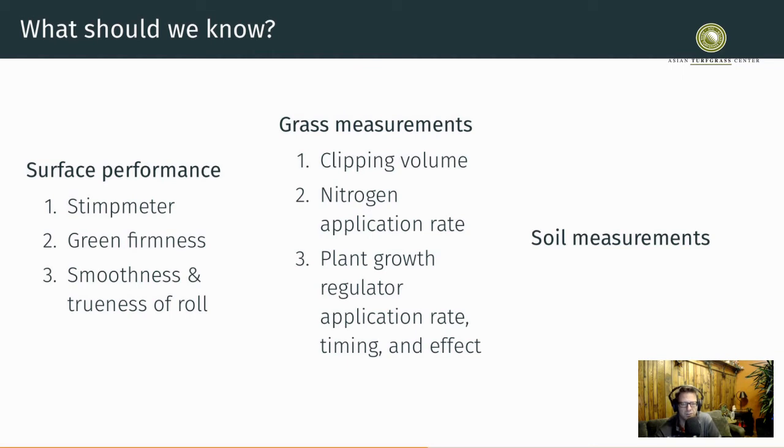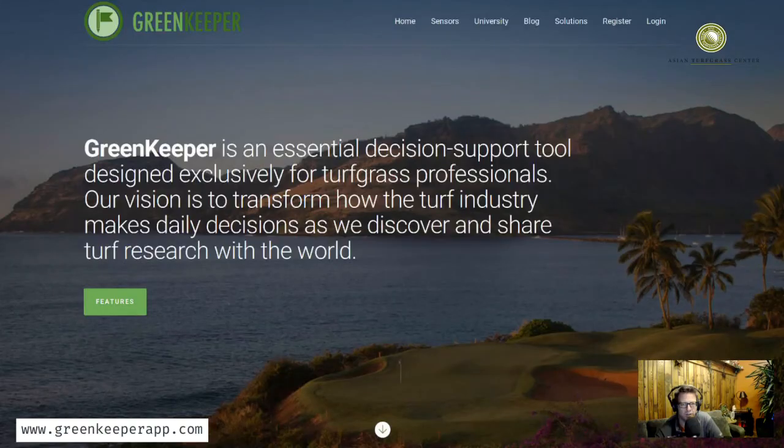I also think if you do use plant growth regulators, know the application rate, the timing, and the effect. Really look at that carefully, because it can be difficult to visually assess the effect of plant growth regulators. So it's useful to use growing degree day models. You can get those built into the Greenkeeper app. There are, I believe, some other services that try to do this, but you can look at some of the research by Bill Kreuzer and some of the growing degree day models to see how those work,